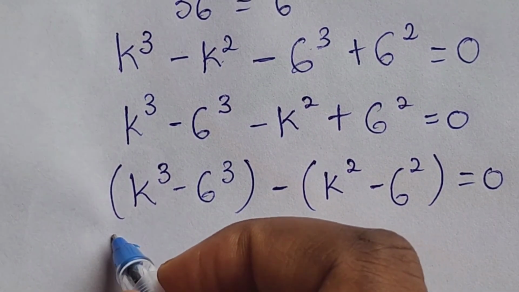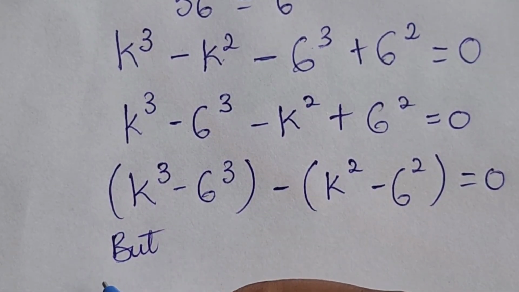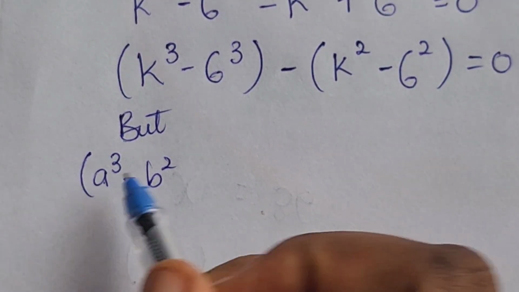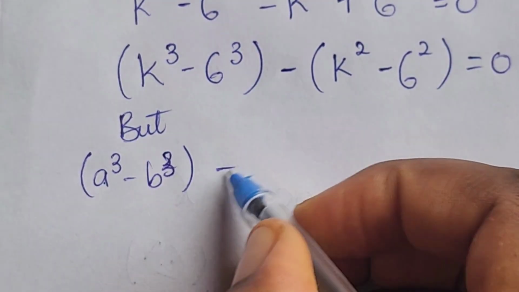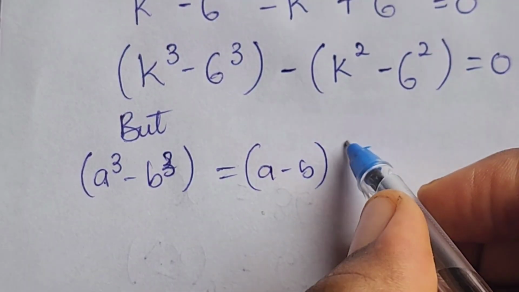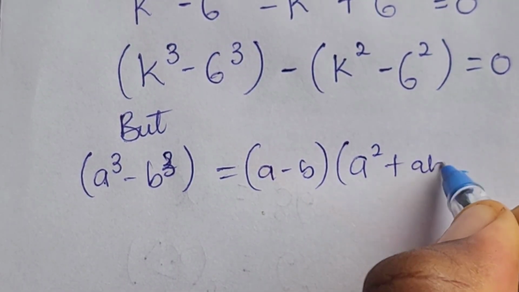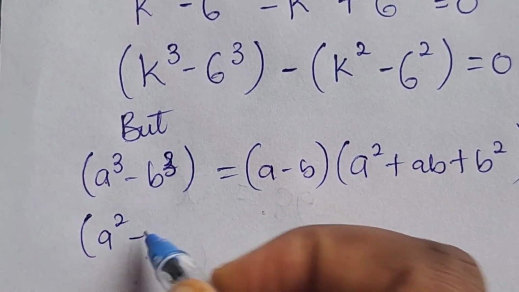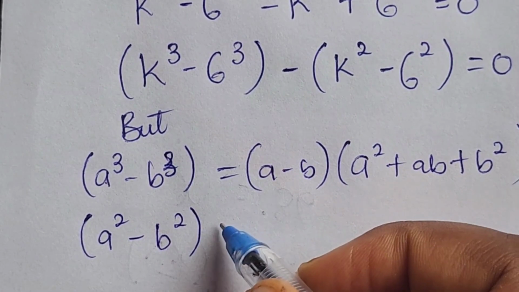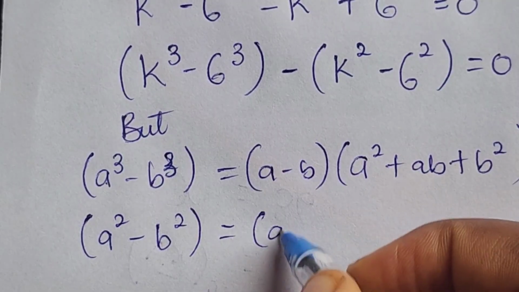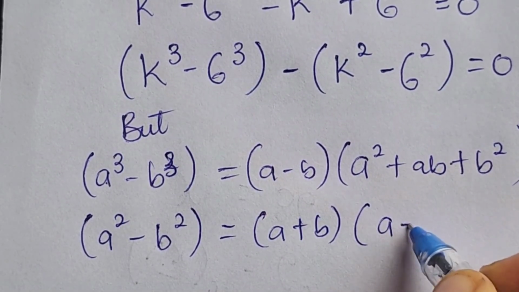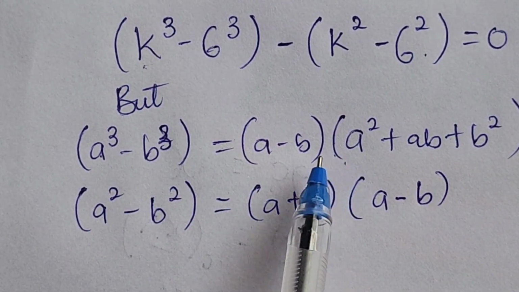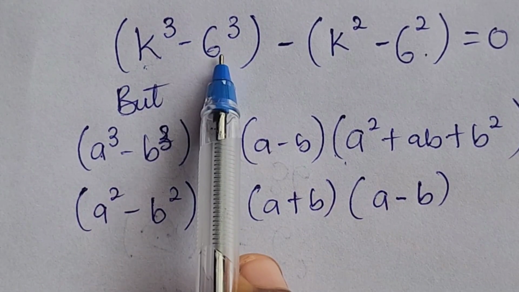But let's recall that when we have a cubed minus b cubed, this is equal to a minus b times a squared plus ab plus b squared. And when we have a squared minus b squared, that's the difference of two squares, this gives us a plus b times a minus b. So this equation here, we can apply this to have our k cubed minus 6 cubed